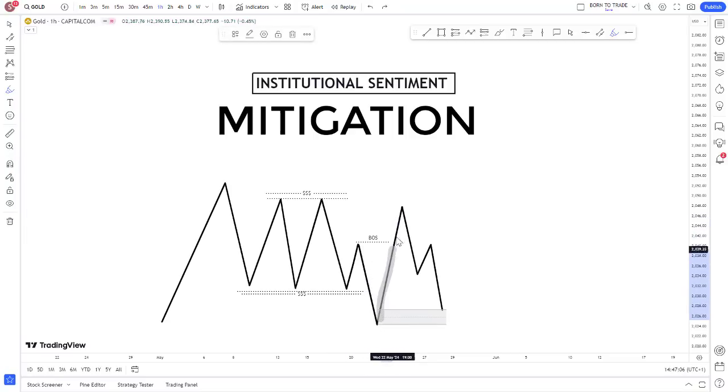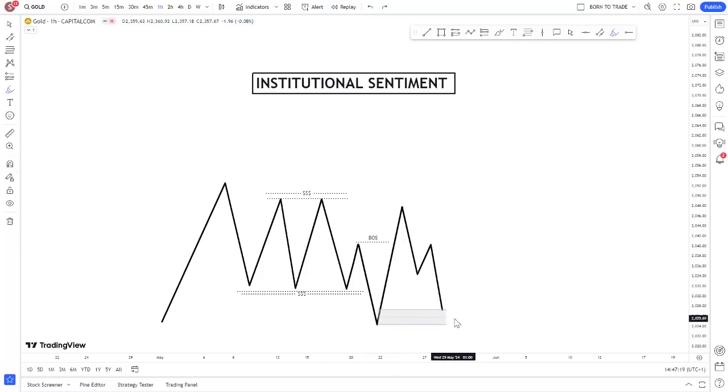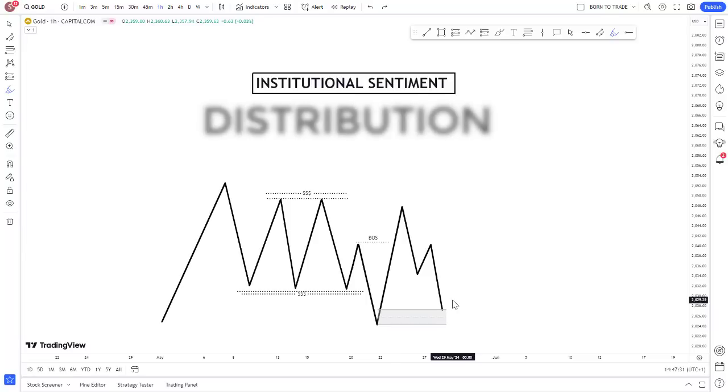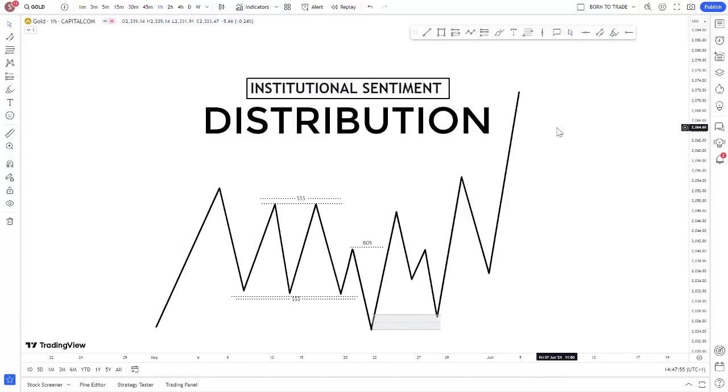Now that they reverse to the upside with momentum, their sell position is still very much open. Now what they're going to do is return back to the downside for mitigation. And mitigation is simply reduction of risk, where you see the institutions coming back to close their open positions, that is the open sell positions, and then they're going to stack up more orders to continue to the upside. And the continuation to the upside is what we call the distribution phase. And this is exactly what the distribution phase looks like, where you see them mitigate this level. Then distribution phase means they're going to continue to the opposite direction.